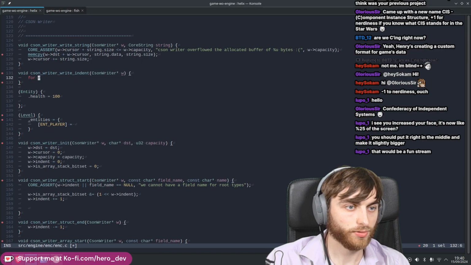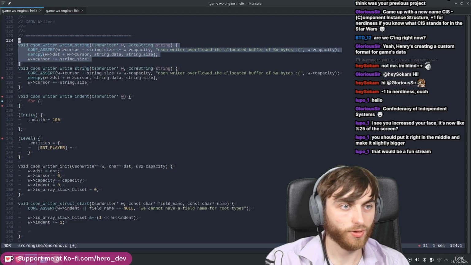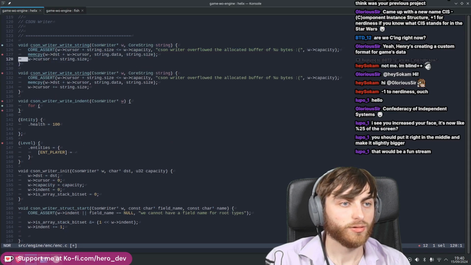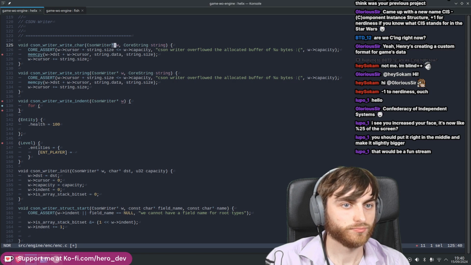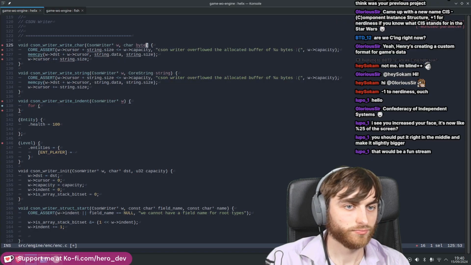Just do a for loop, and we'll push a tab on every time. Maybe we can have a push char as well, because that might be useful. Yeah, whatever. So bump 1, bump 1,